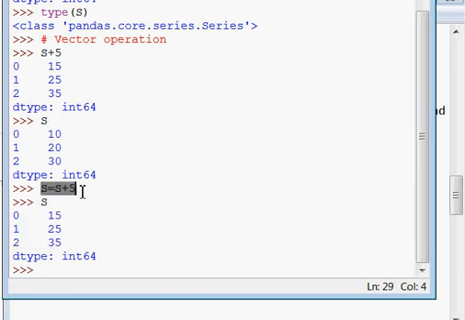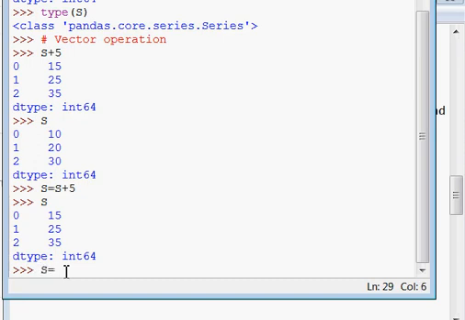In this statement, vector operation is applied. Vector operation means if you add, subtract, multiply or divide any series with a scalar value, then that scalar value will be added or subtracted, or division or multiplication of series elements will be done with that scalar value.